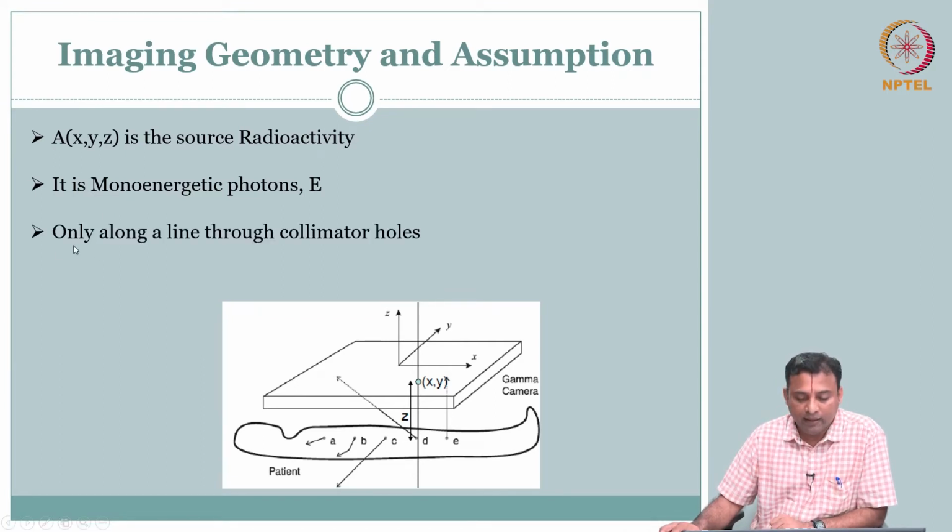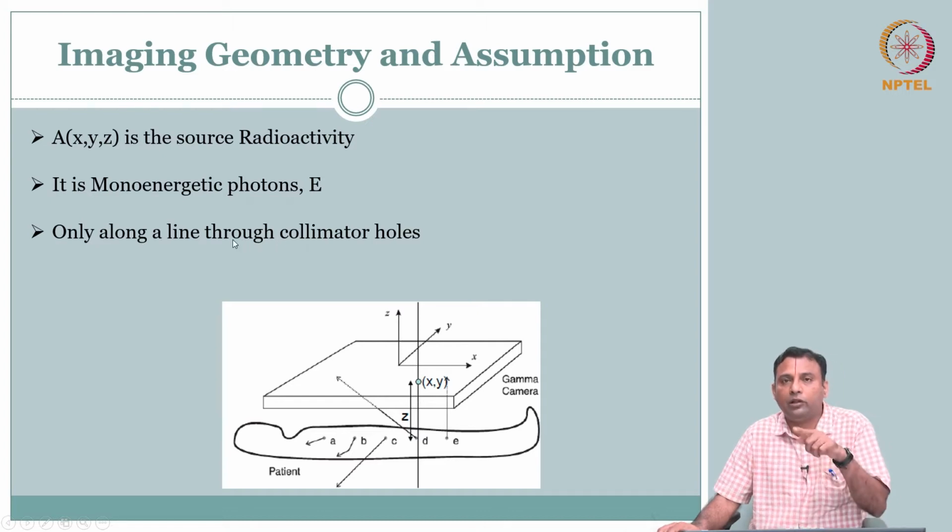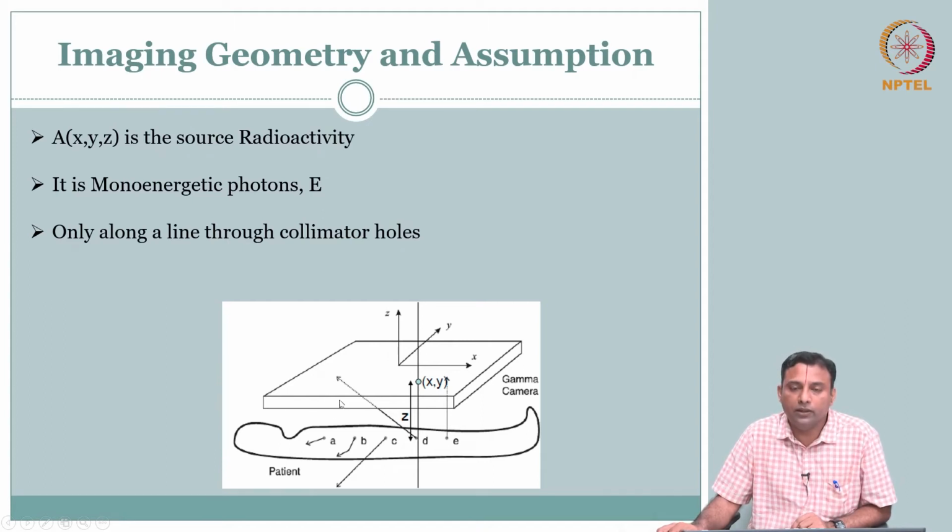And very intuitive from here, because of the collimator that we have talked about, we will assume that it's only along the line, right. So only along the line, parallel to the z axis, is what you will get the radioactivity into the detector. It will not come at any angle. So we have arrested the Compton scattered ones, because of the collimator, and so we will not worry about that.